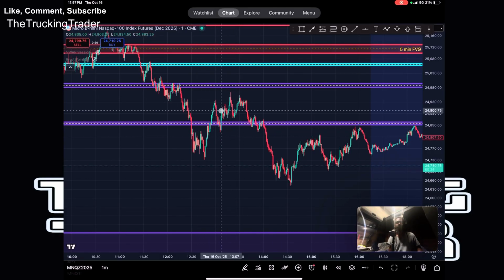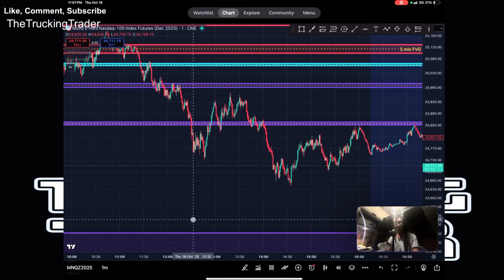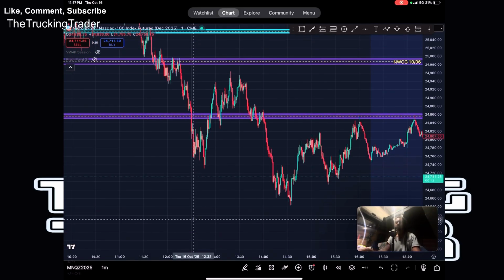I deleted it off of my chart, but there was a first presented fair value gap from, I think, either the 15th or the 14th. It was right up in here as well, but I took it off of my chart. All right, so I do use the first presented fair value gap, and I use it not only for the morning session, but I also use it for the evening session, right? So the first presented fair value gap after 1:31,